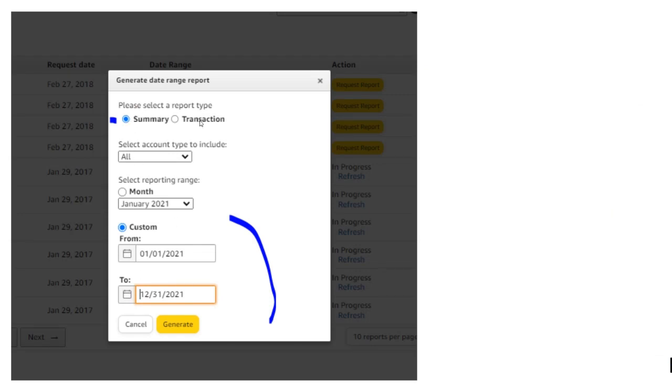I believe it was default transaction, and you're going to change it to summary. You want all your accounts, or maybe you don't. These are the settings that I used: all my accounts, and then custom report range, basically from the 1st of 2021 to the last day of 2021,